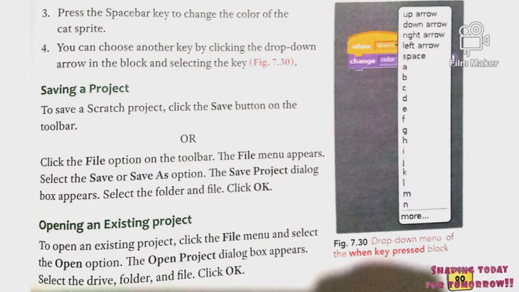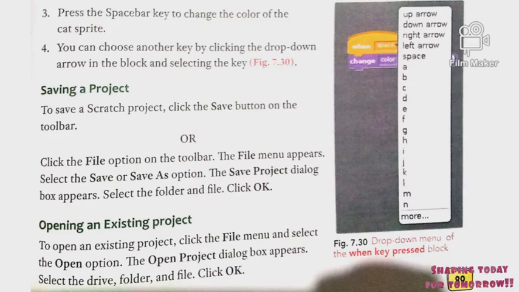The open project dialog box appears. Select the drive, folder or file, and click OK. So students, you have to select the drive, folder or file in which the project is there. After selecting that, you have to click OK, and your project will open on your screen.